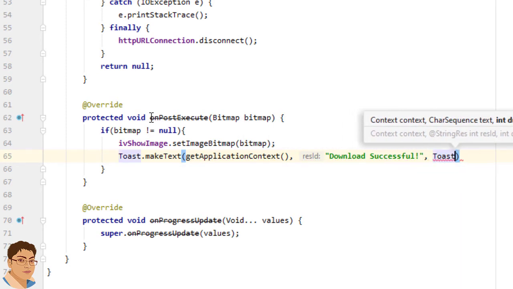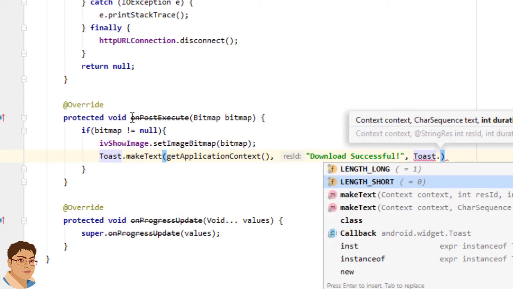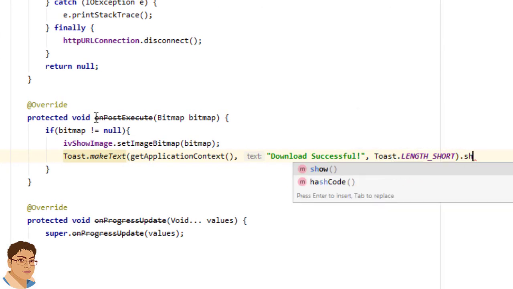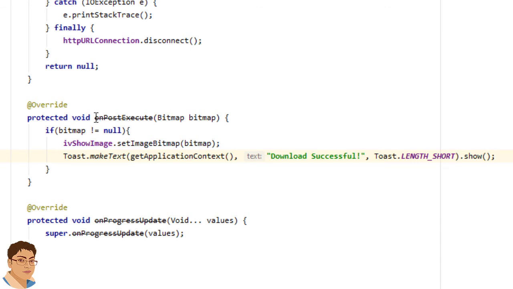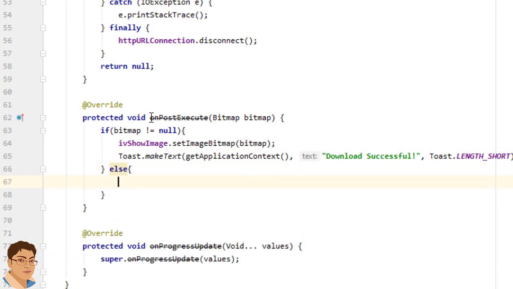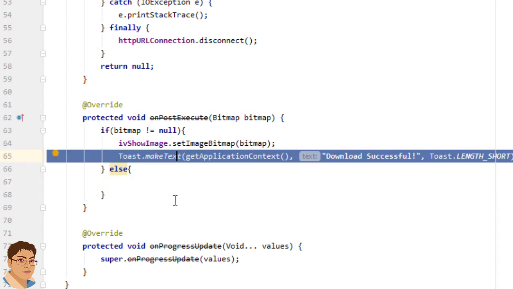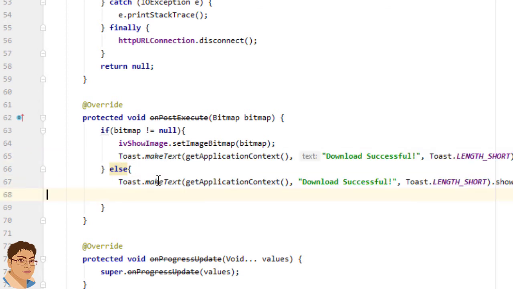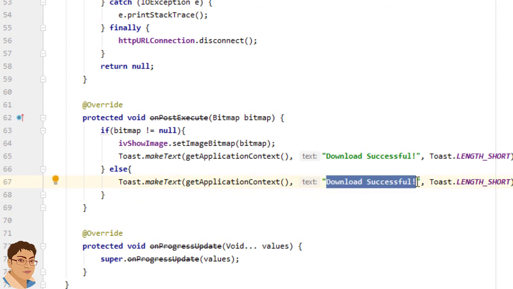And for duration, write toast dot length short, then call the show method. Else, that means if the bitmap is null, then show a toast message for download failure. So I'm just going to copy this line and paste here, and I will change this to download error.